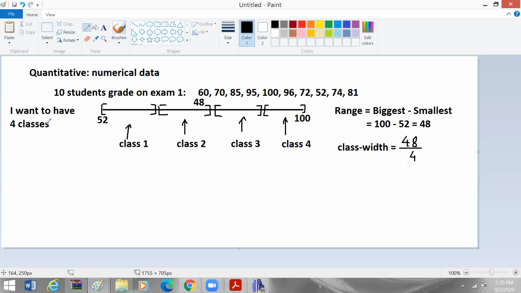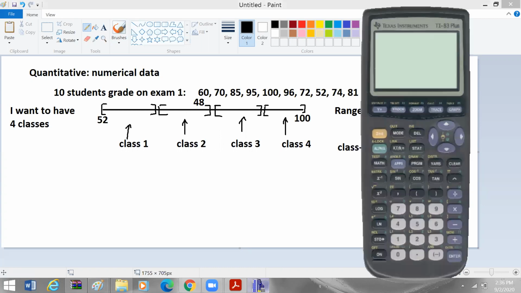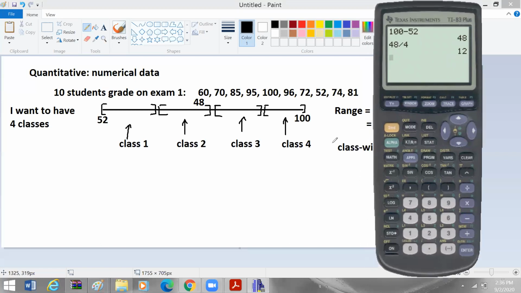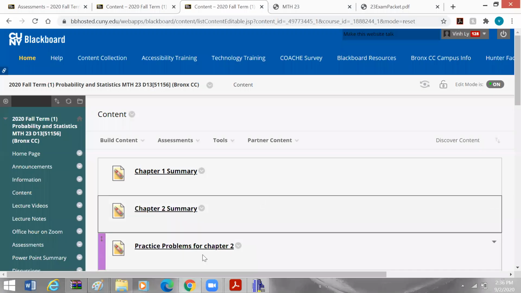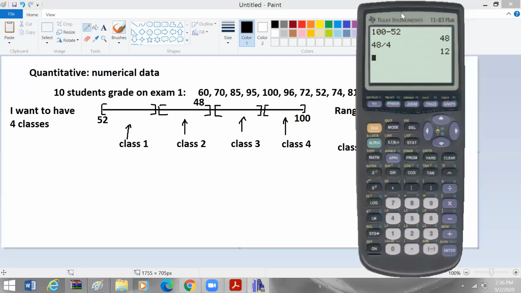So in this case, I want 4 classes, meaning that I have to divide it by 4. If the question says that they want to have 5 classes, then we have to divide it by 5, and then those pieces would be smaller. Are we good? Okay, so when we do the math, we're going to take 48 over 4. Divide by 4. So there'll be a little dash right there on the calculator. So we can see that the answer for that is 12. Okay, do we agree? 12.